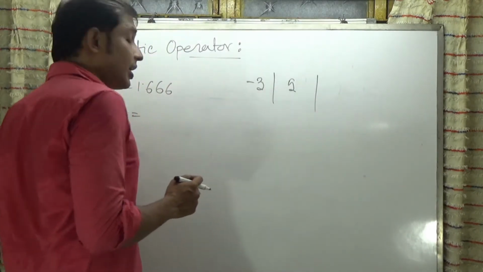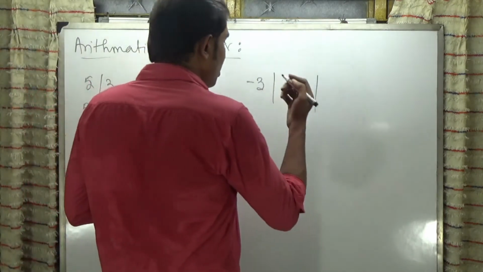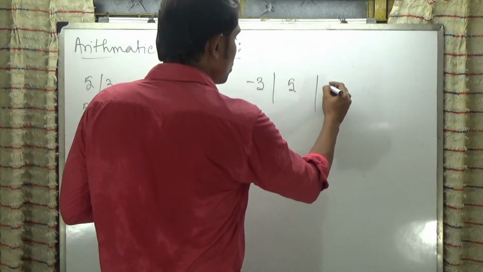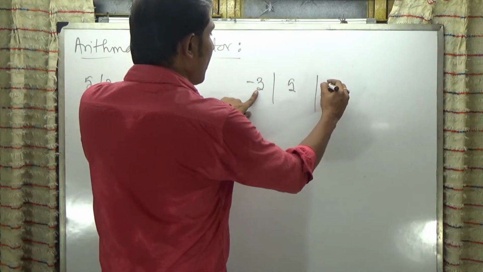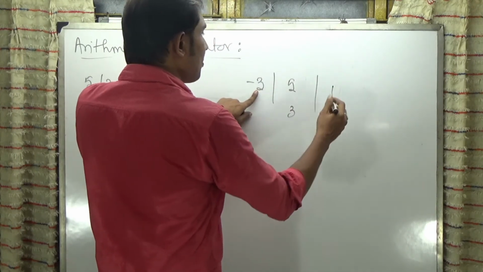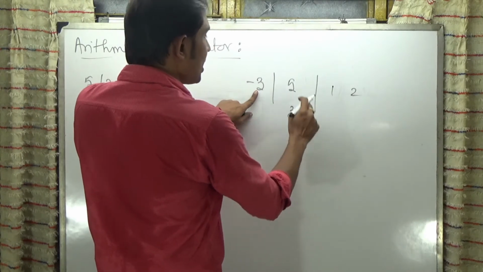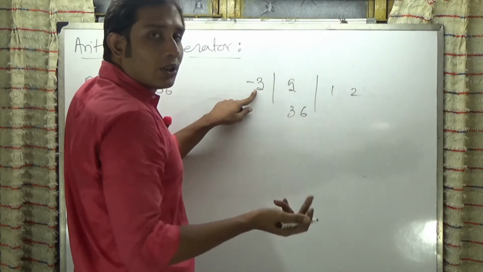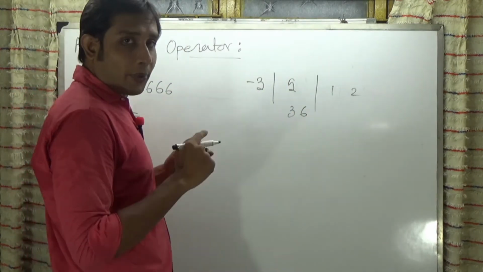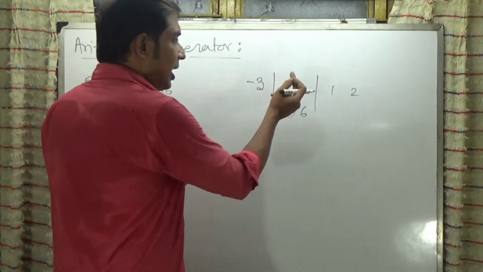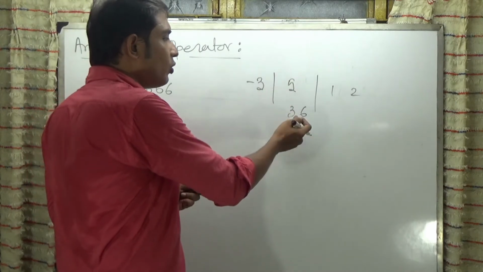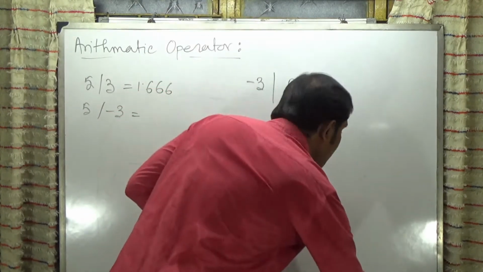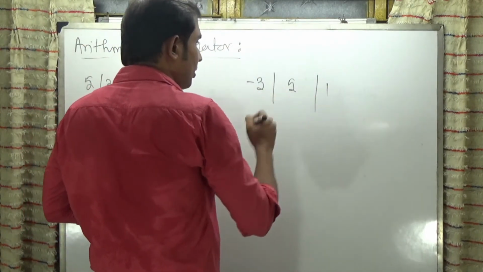Now in case of the division operator, the operation is going to divide by the lower value. If I multiply 3 by 1, it gives 3, and if I multiply it by 2, it gives 6. So 6 is higher than 5 and 3 is smaller than 5. Only in the case of the division operator do we use the smaller value for the division. So in this case, we are going to divide by 1.